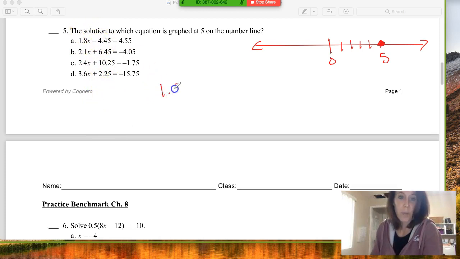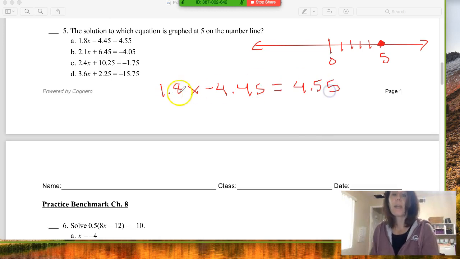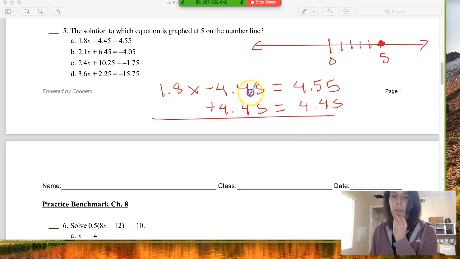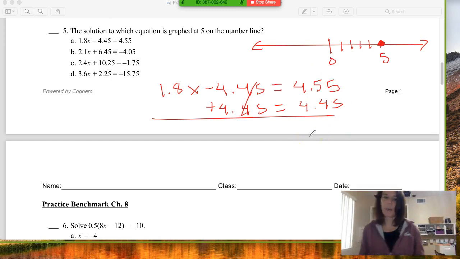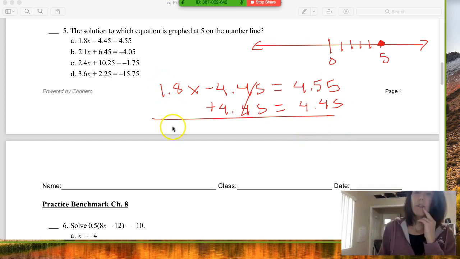So I'm going to go 1.8x minus 4.45 equals 4.55. Okay, so solve for x. I'm going to peel this off first. Add 4.45 to both sides. 4.45. And you can use a calculator if you want, or you can just add down. I'm going to calculate this real quick. Okay, so when I add these together, I'm going to get 9 equals